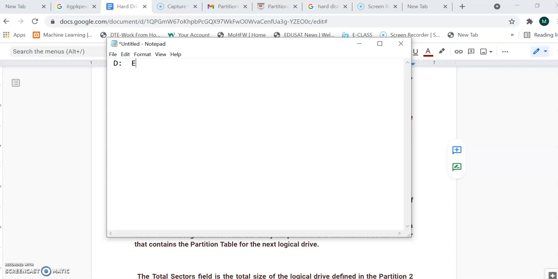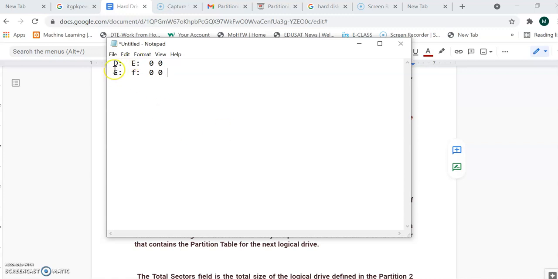The next entry means E drive, so E drive's partition, and then the next entries are 0, 0. So this is one row. It is going to repeat for every logical drive in the partition table. So next will be your E drive, and for your understanding, right now I am telling here E drive, then after that F drive, pointing to the next drive, that is F drive, and then 0 and 0.